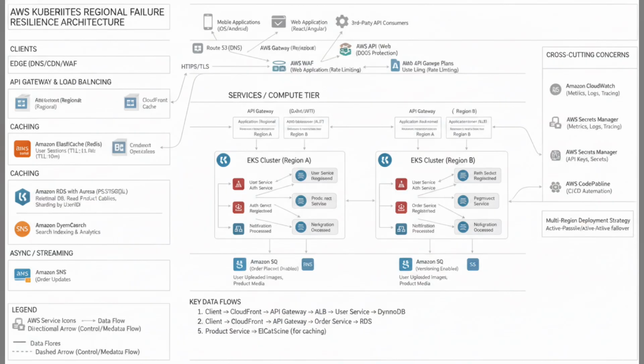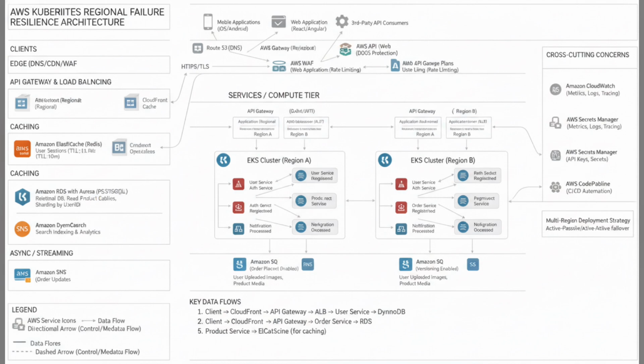In this architecture diagram designed for 99.99% availability during a regional failure, we start with the clients, which include web applications, mobile apps, and third-party API consumers. They initiate requests that are routed through Route 53 for DNS management, directing traffic to CloudFront, our content delivery network, for caching and acceleration. The next layer consists of AWS WAF for security against web attacks and AWS Shield for DDoS protection, ensuring our application remains resilient under load. The Application Load Balancer (ALB) manages global traffic distribution, helping in load balancing across regions.